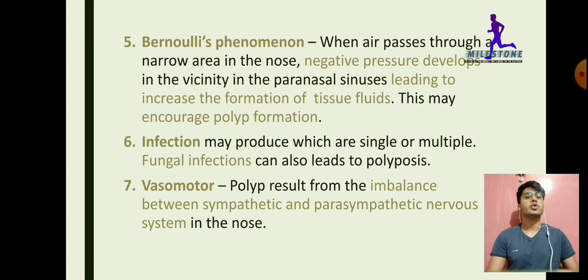Infection is again going to be a cause, just like we have seen in antrochoanal polyp. So infection and allergy, these two are going to be there. You have to remember this. Okay, and also remember A, B, C. And sometimes vasomotor causes can also contribute, like imbalance between the sympathetic and parasympathetic nervous system, that can cause a hindrance in the mucosa and eventually cause the polyp.